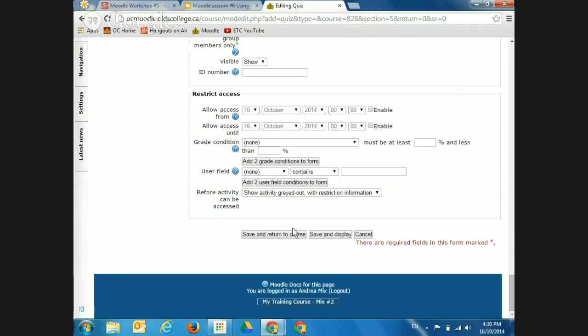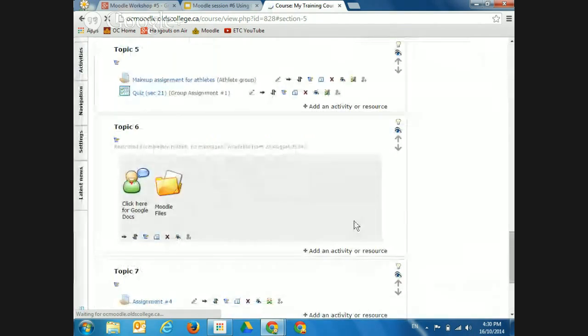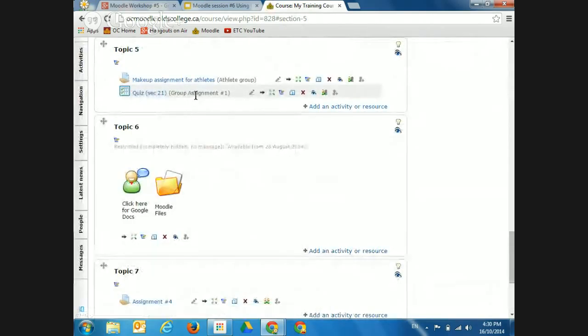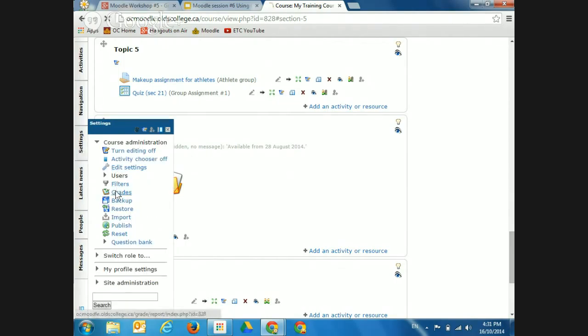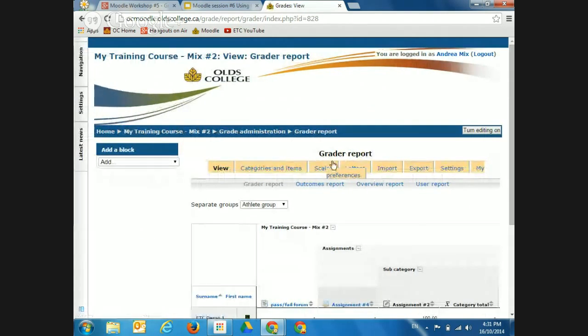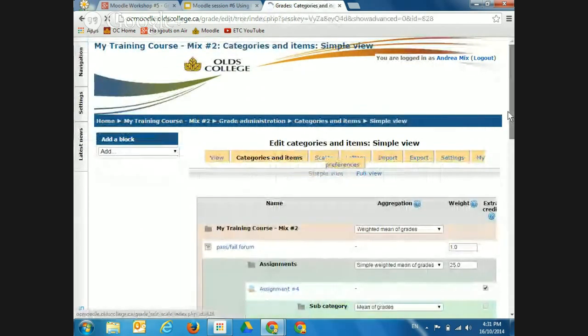So then if I save this quiz, you can see I tied in this grouping, group assignment number 1. So then if I was to log out and log back in as a student that wasn't part of this group, the link doesn't even show up. It's completely disappeared. Yeah. So then you as the instructor, if you go into your grade book, you go into categories and items, you should